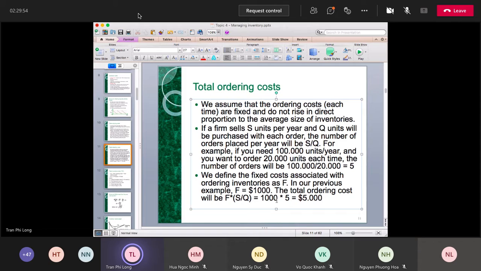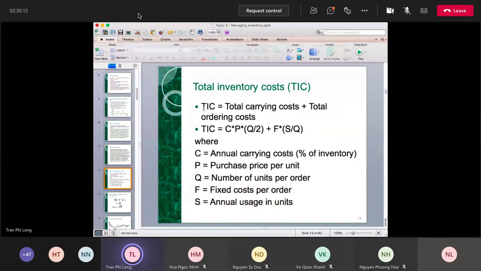So for each time, the ordering cost will be fixed. However, the total ordering cost will increase with the proportion of the number you order for each year. That's why we come up with the formula here. The total inventory cost will equal the total carrying cost plus the total ordering cost. So TIC will equal C multiplied by P multiplied by Q over 2. This is the average inventory level, okay? And plus F multiplied by S over Q,